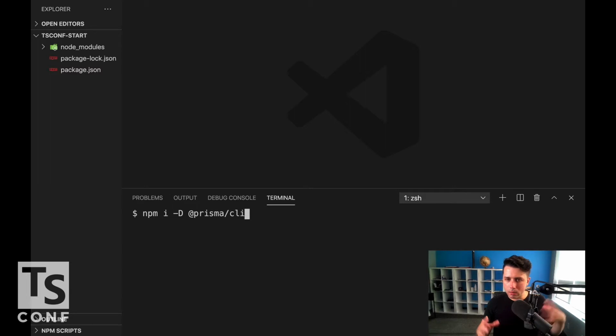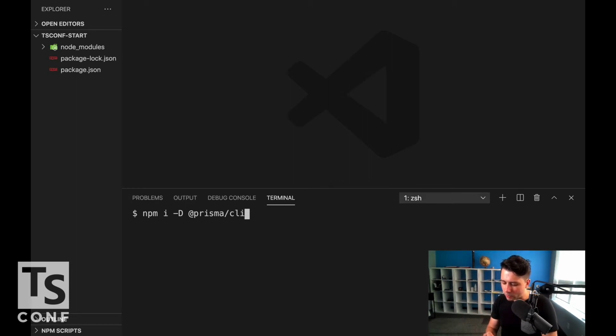So Prisma CLI, command line interface, lets you run Prisma commands that will generate things for you, that will connect to your database, etc. And you've got a couple options. You can install the CLI globally, and then it'll be on your system. You can then just run prisma whatever command. We recommend, though, that you install it locally and use npx to pick up that local install of the